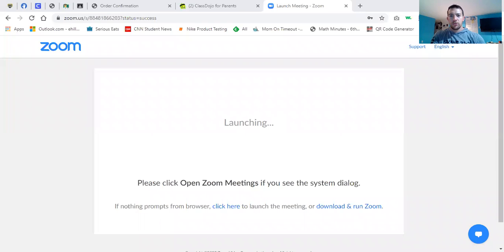Hey guys, welcome to Chapter 9, Lesson 3. As you can see, we are still working on area. This time it is area of a trapezoid. All right, so